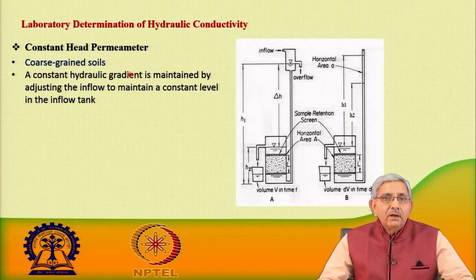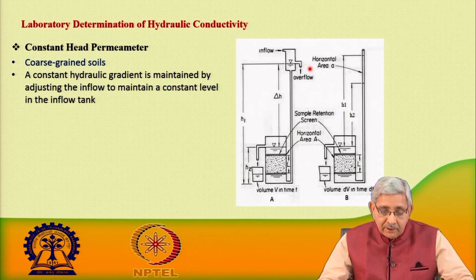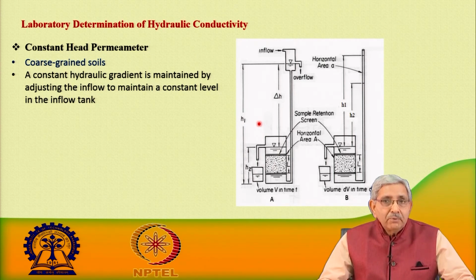So, when we bring an undisturbed soil core sample, it is kept in a chamber, and then a constant head is maintained. This head difference, from the top of the saturated soil column to the center of the outlet of the cylinder, is the constant head we maintain. This value, delta H, is the head difference, and it is used to find out the hydraulic conductivity.